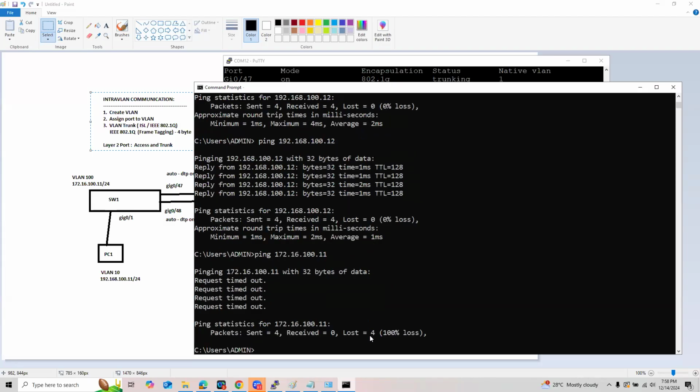So communication between VLANs is not yet allowed. Why? Because that will require routing, guys. We also have a topic on that, so we're going to fix that once we reach the topic about routing. All right.